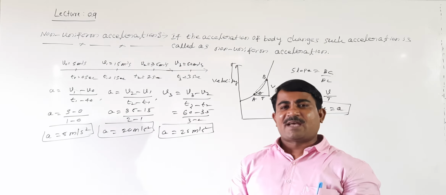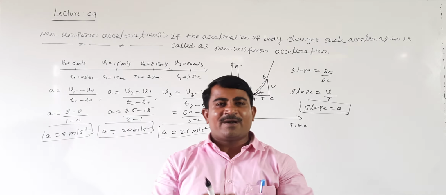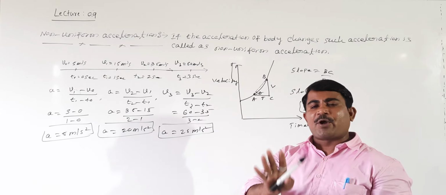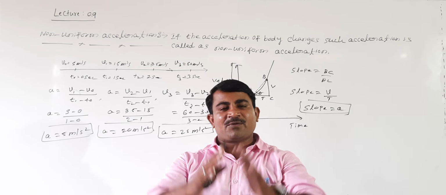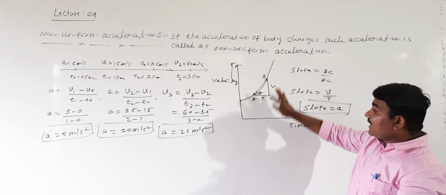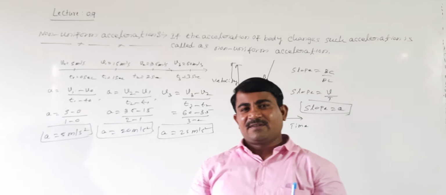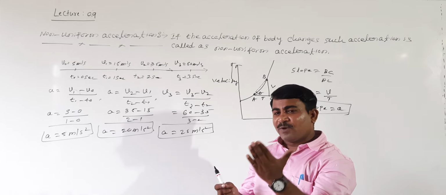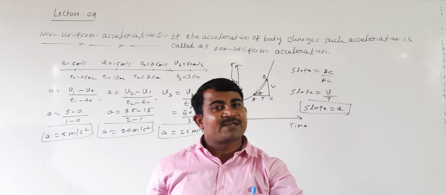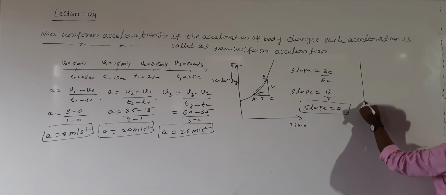Are you following me? The graph may be linear or non-linear. In that case, you can take the slope of the body at any point of the motion by using the velocity-time graph. But acceleration may be negative. Negative acceleration is called retardation. Negative acceleration means velocity goes on decreasing. For negative acceleration, how may the graph look? Shall I see the graph here? Along the x-axis again we will take the time.